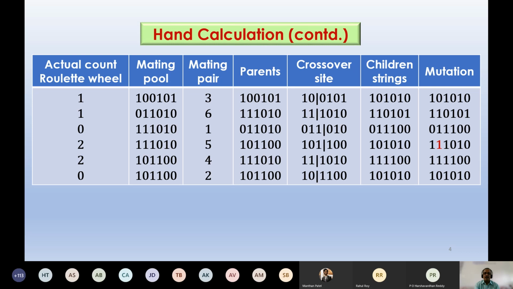Then comes your third pair, and this is actually your children solution. This is the crossover site, and this will be the children solution. So we have got 6 children solution. Okay. So till now we have discussed how to implement the proportionate selection, that is the roulette wheel selection, and single point crossover. Now I'll tell you how to implement